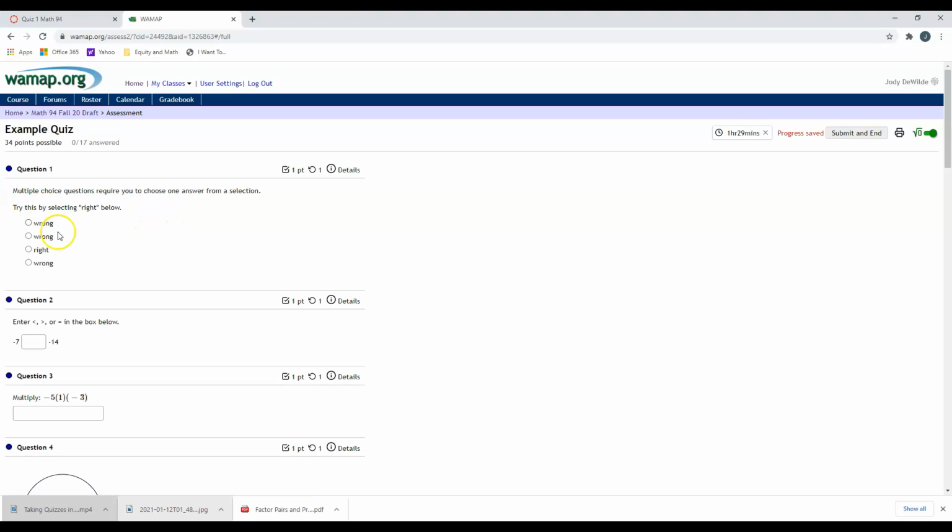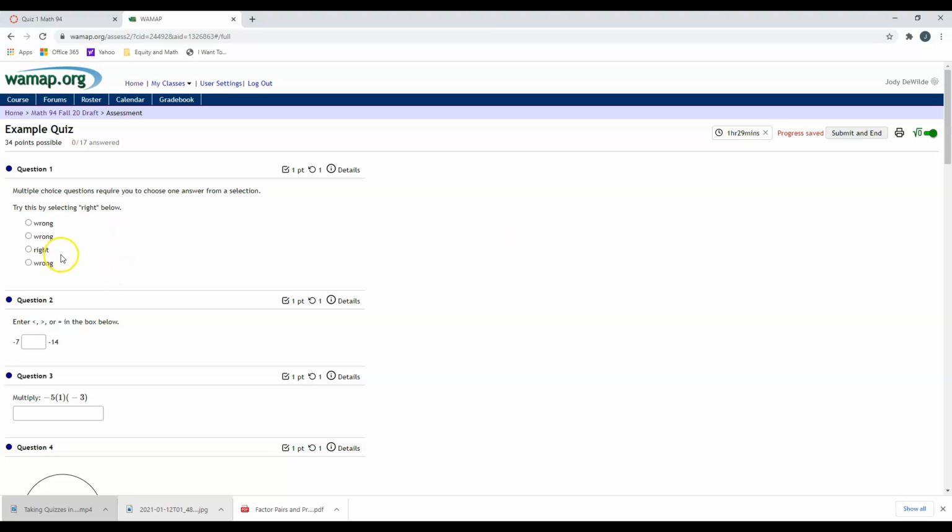I'm going to go into it, and you'll notice that a timer starts. You have 90 minutes. Once you start the quiz, that timer cannot be paused, so make sure you start it at a time you have plenty of time to finish. I'm giving you a lot of extra time, more time than you will need to finish the quiz, because I want to make sure you have time to create your PDF file of the work that you need to submit, attach that PDF file to the quiz, and submit it all within that time frame.